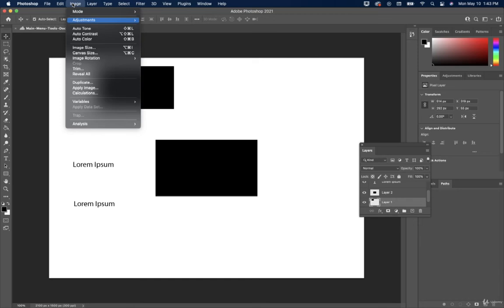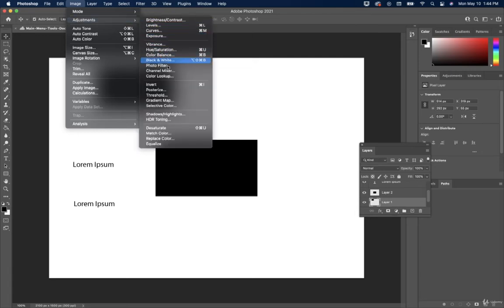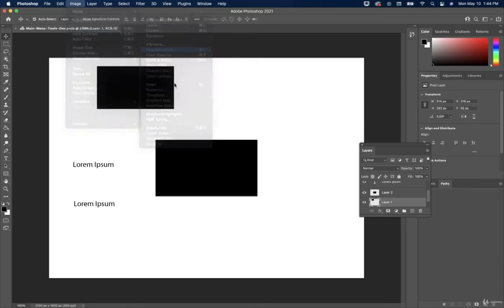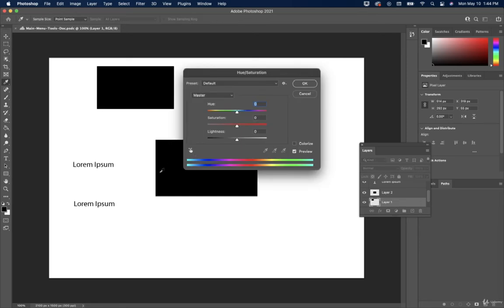Okay, so these are all image effects and things that you can use to really adjust images. Now, you don't have to just use it for images. You can use it for anything. So if we select hue and saturation, and you'll notice that we have a black layer here. So if I change this color,